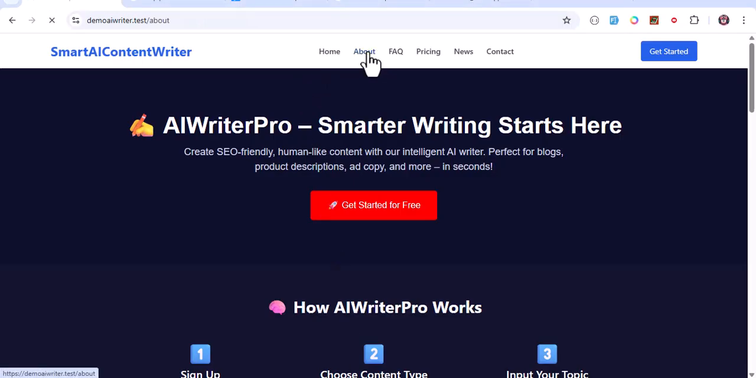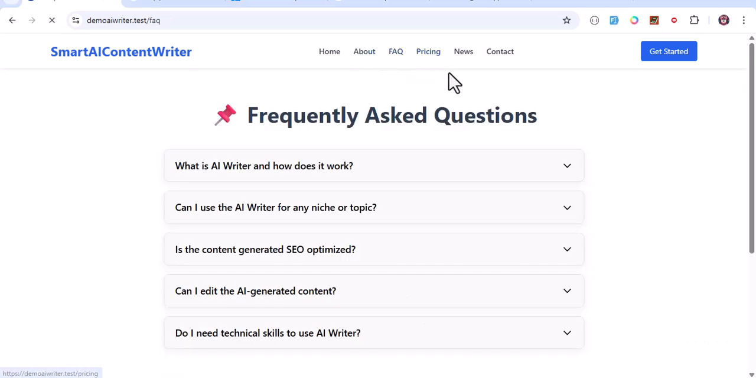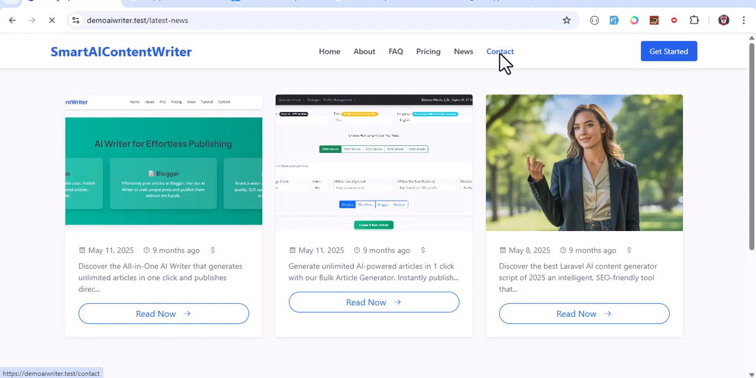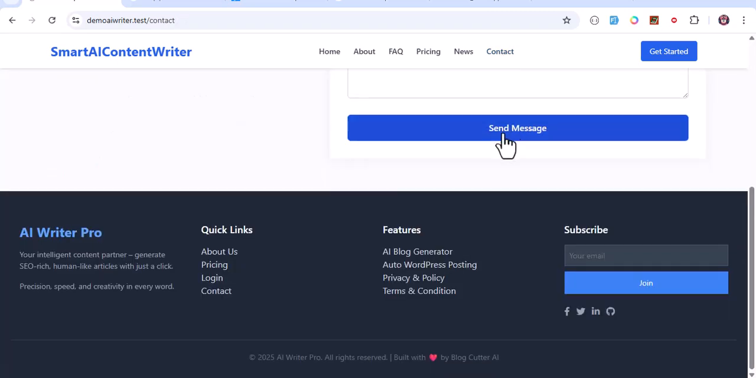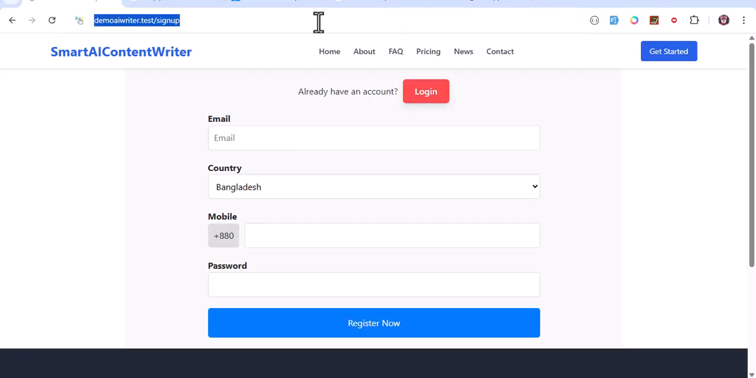This is the about, pricing, views, and contact. This is the system here. There will also be a login, also the register form, and